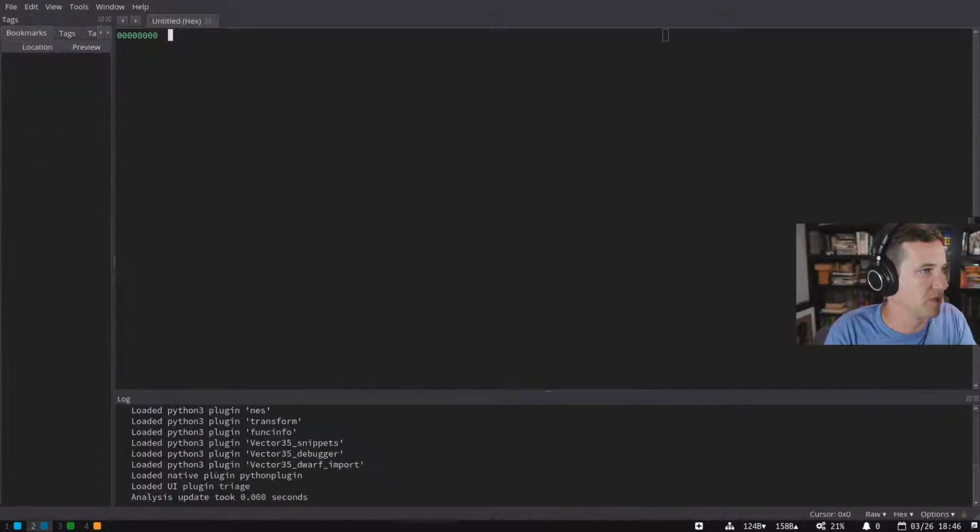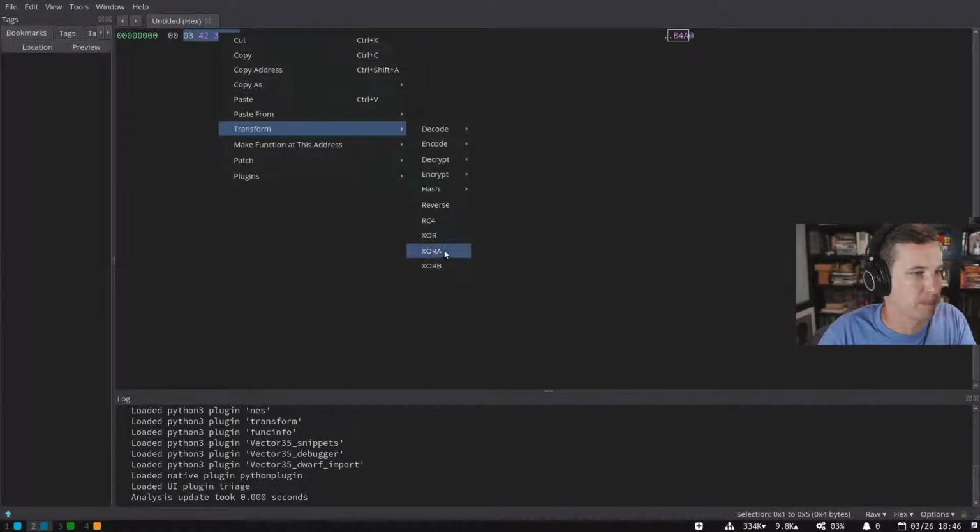All right, so our plugin's loaded. And let's see what we got. Yeah, so XOR A, XOR B. But I don't know if you can see it on stream because it's a little faint. There is a line between these where it's clustered them. I think that has more to do with the organization. So like if I, for example, make